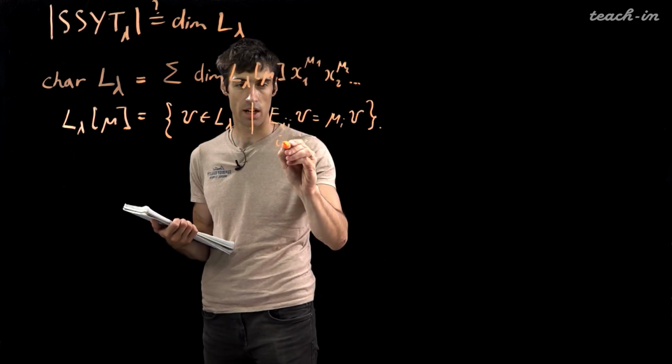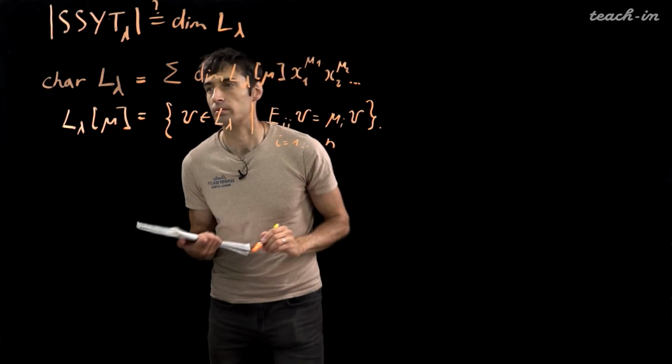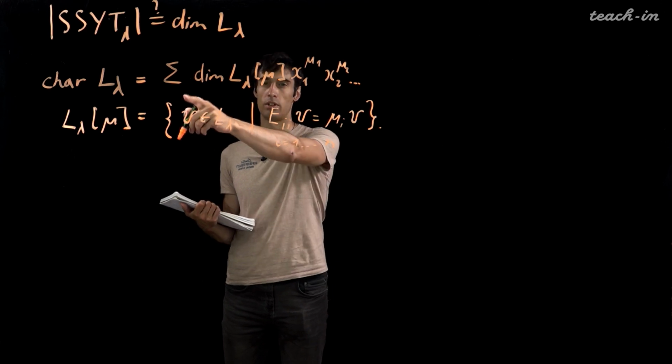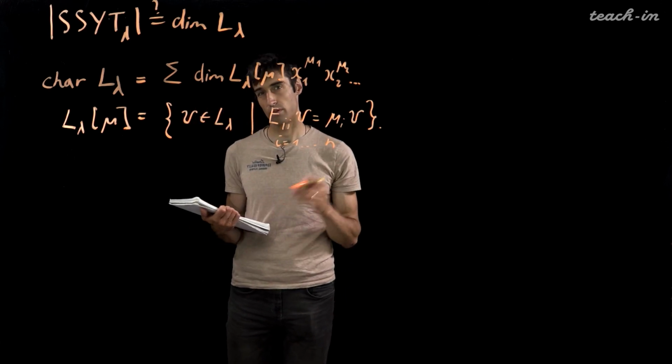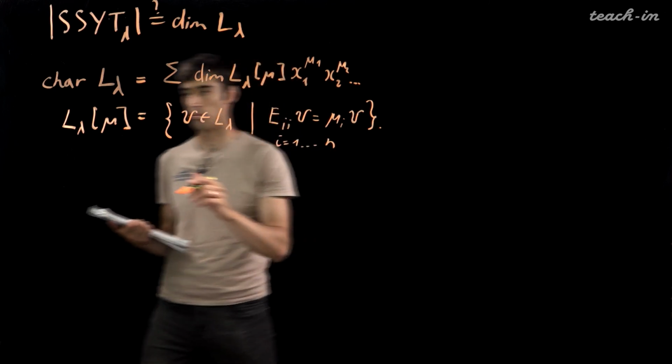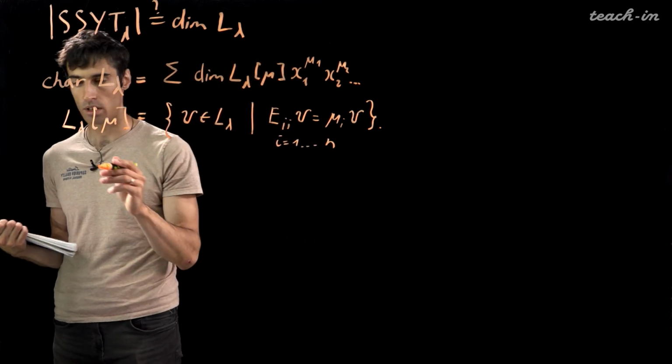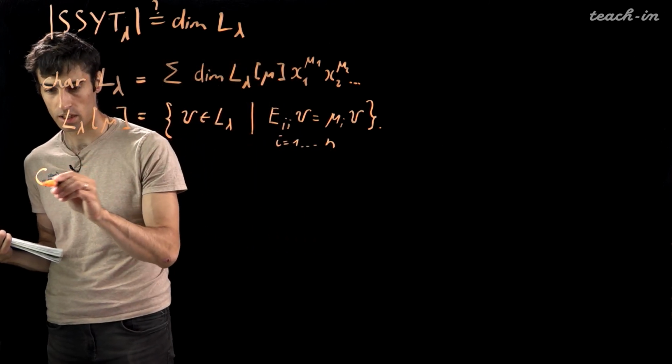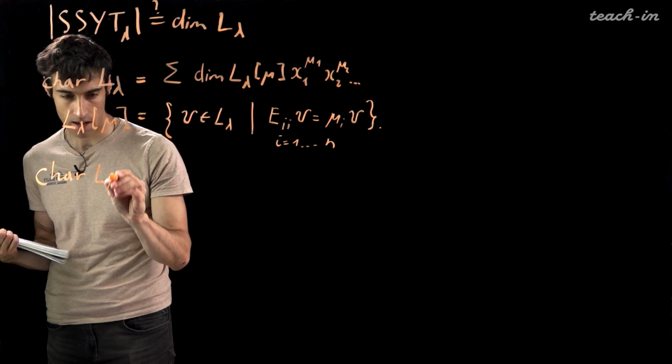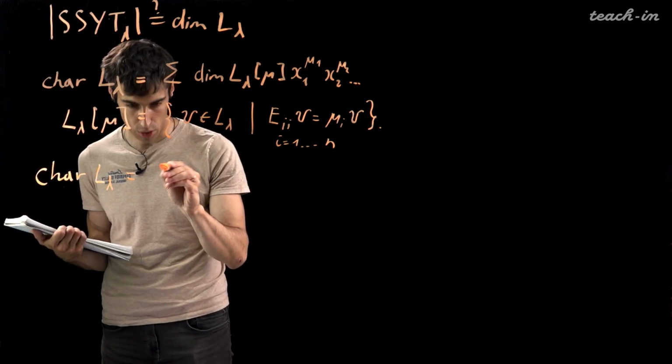So this is for all I from 1 to n. So this is just the definition of any character, but we know the Weyl character formula, which says that the character of L lambda is the Schur polynomial,